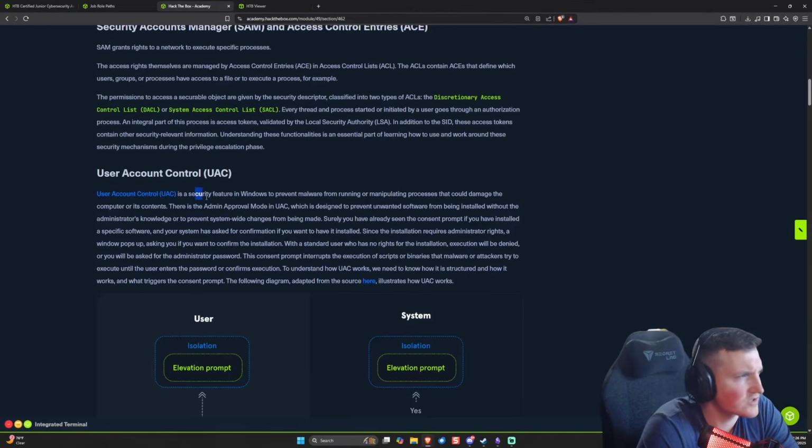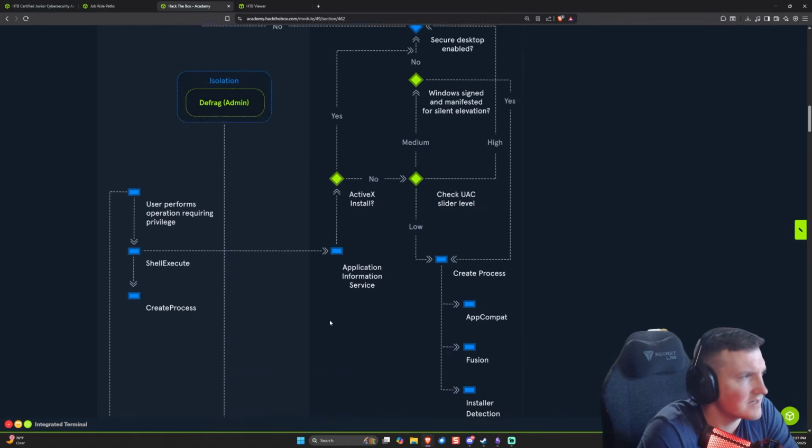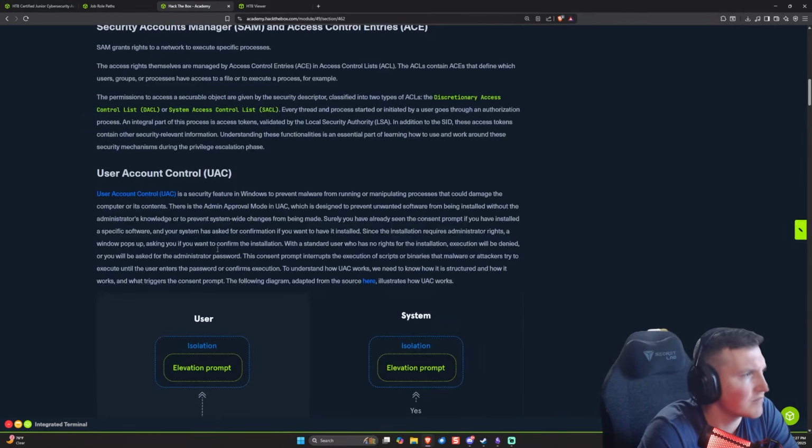User Account Control is a security Windows feature to prevent malware. Most of you have probably seen the UAC bypass. That's what they're talking about here. The UAC pop-up that says, hey, you can't do this, or you shouldn't do this. There needs to be an admin that does this, etc. So here's kind of the holy cow. This is not a very user-friendly breakdown, but